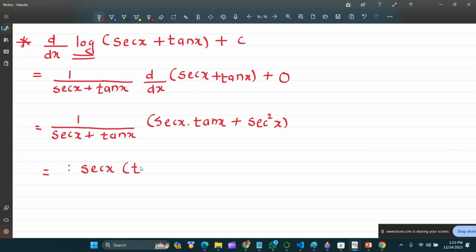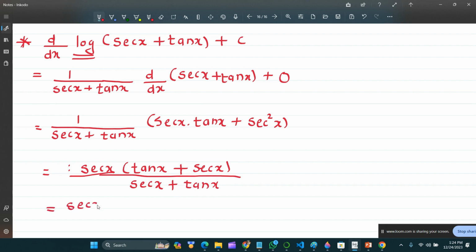What will remain here? Tan x. Okay, and in second term, one sec is common and another sec is remaining, that is tan x plus sec x, divided by sec x plus tan x. You can see this term will be same, tan plus sec or sec plus tan. Addition is there, therefore these terms are same. Both will get cancelled and answer will be